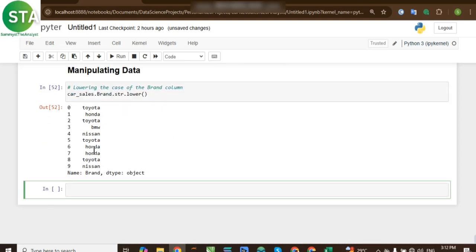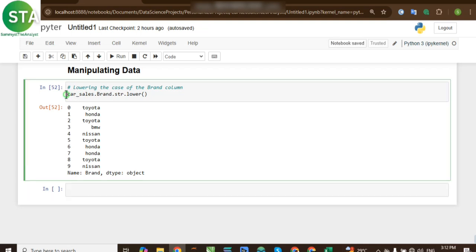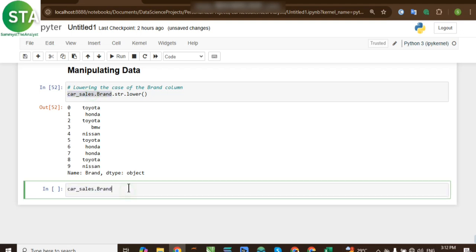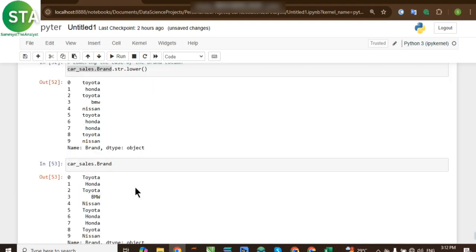We run that so you can see. But this has not been assigned. Can you see the Toyota is still having a capital letter T